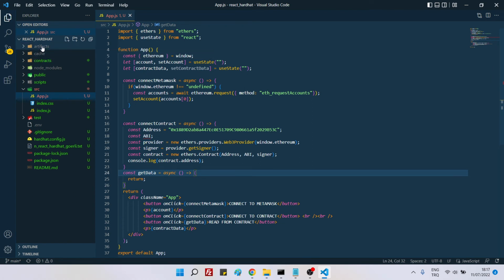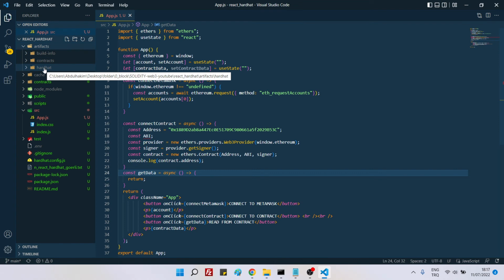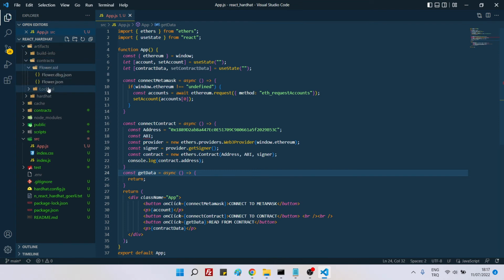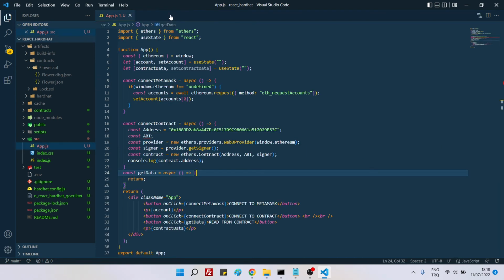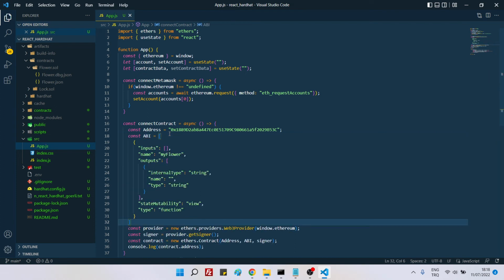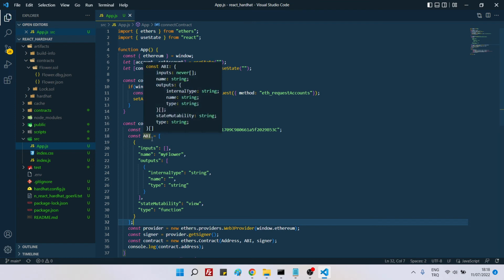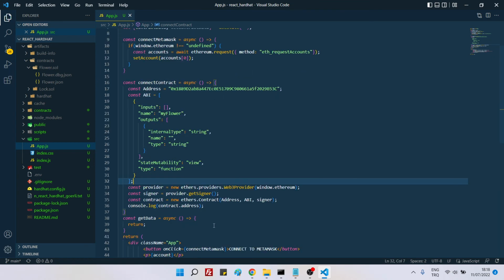It should be here, maybe. It should be in the contracts. Flower, go to flower JSON, and as we have a very simple ABI, I can just copy it and paste it here. But if your ABI is too long, which normally it should be, then you can save this ABI in a separate file and access that file by using some file path. And yeah, so I think it's done. Yeah, so now let's save everything, close this,